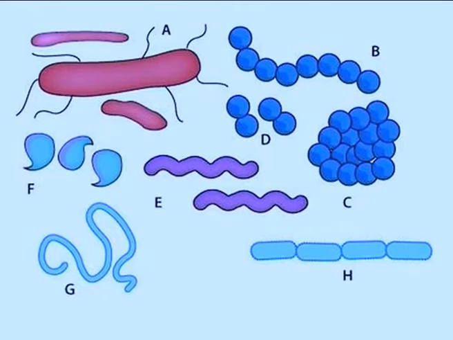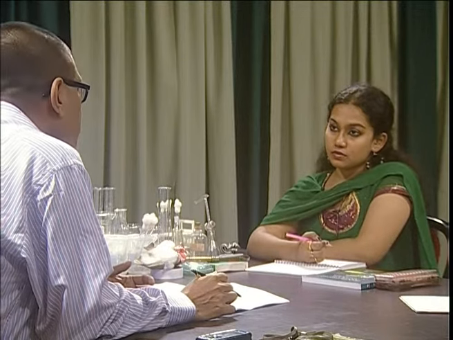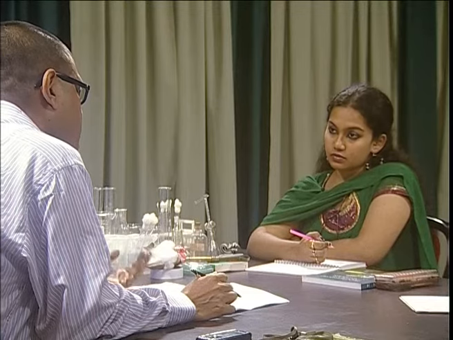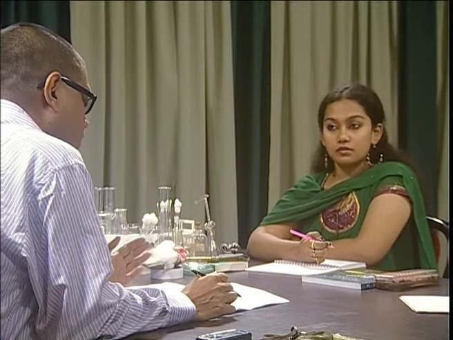Bacteria can be classified on the basis of their structure, that is, on the basis of their shape, which can be rod-shaped, round, comma-shaped, or spirillum. And they can also be classified on the basis of their nourishment or nutrition. That can be photosynthetic or heterotrophic, that is saprophytic or parasitic in nature. Photosynthetic bacteria can also be photolithotroph and photoorganotroph depending upon their carbon source.